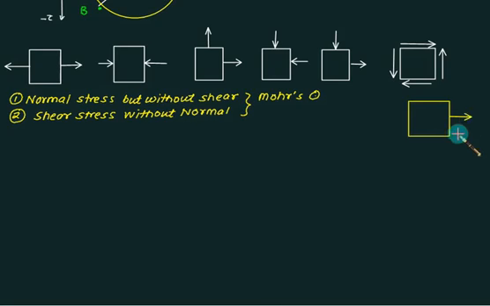If you have the presence of sigma x, sigma y and tau xy, then always solve the problem by formula, because Mohr circle will take a long time. So this is my figure number 1. This is pure tensile. Figure number 2 is pure compressive. Figure number 3 is biaxial with like stress. Figure number 4 and figure number 5 are also biaxial.